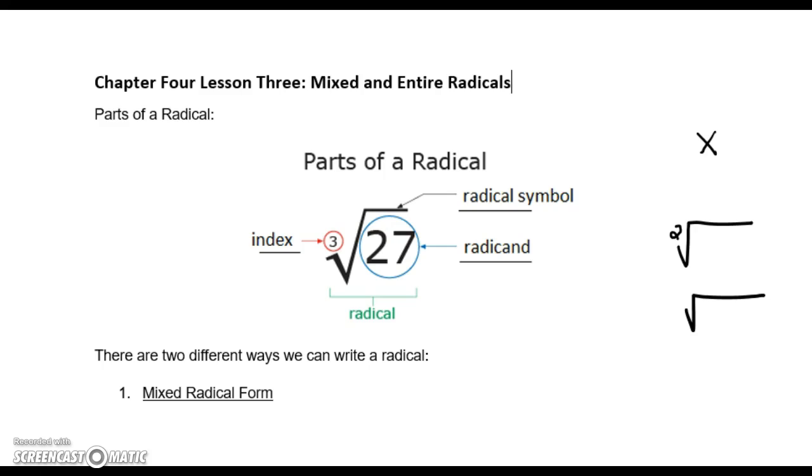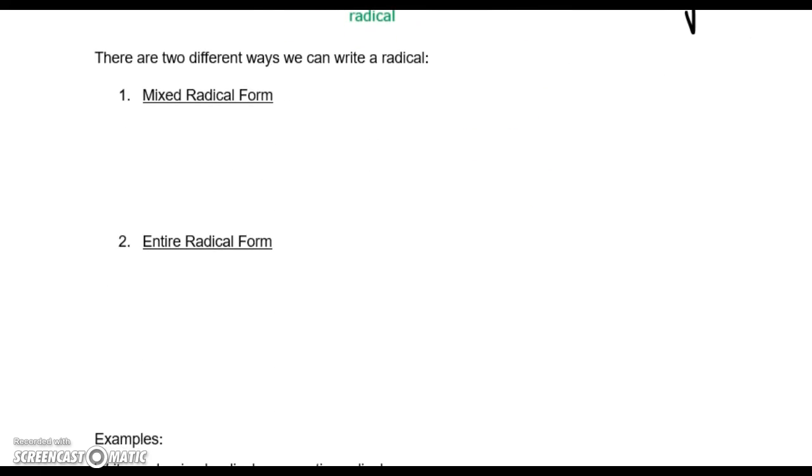So now we're going to talk about two different ways we can write a radical, and you can kind of think of this like fractions, except I know with fractions we can write in 3 different ways, where we have the improper, a mixed, and then a proper fraction. But we're going to take 2 of the ideas from those fractions and apply it to radicals. So the first one that we're going to talk about here is what we call a mixed radical form,